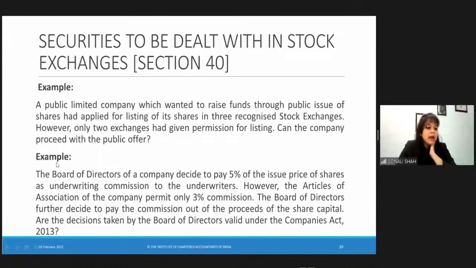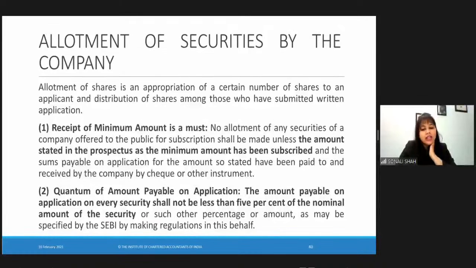So Surya is asking me, ma'am, what is meant by absolutely or conditionally? Absolutely means in totality. Conditionally means coming with terms and conditions. So whenever an underwriting contract comes with certain terms and conditions, let's say the underwriter says that if you are issuing 100 securities, I give my guarantee to subscribe or underwrite for only 15 securities. So that is a conditional undertaking. Or maybe I will subscribe or take a guarantee for subscribing to the securities only when this is done. So this is what is meant by conditionally.